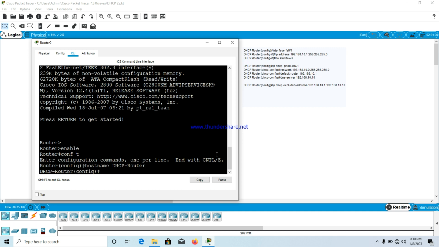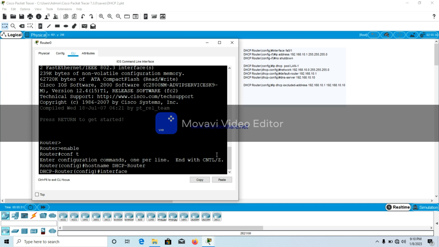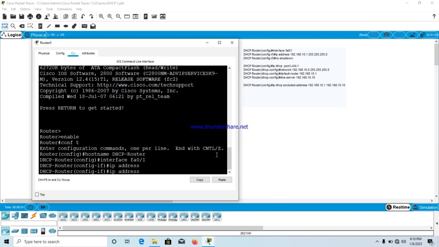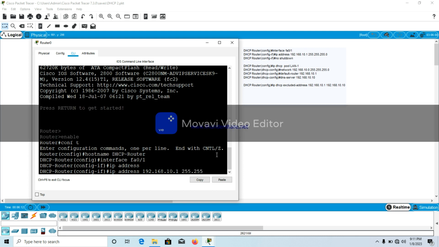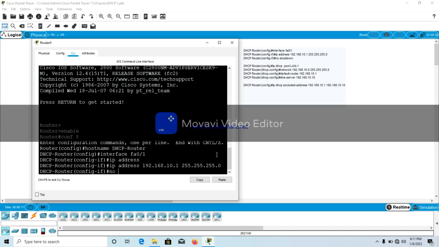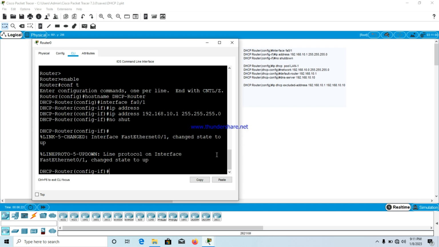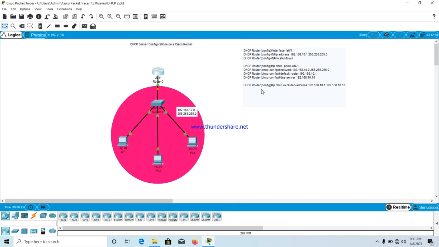DHCP router. Okay, interface FA0/1. The IP address is 192.168.10.1. The subnet mask is 255.255.255.0. Enter. Say no shut. Okay, now that we have finished our first step,